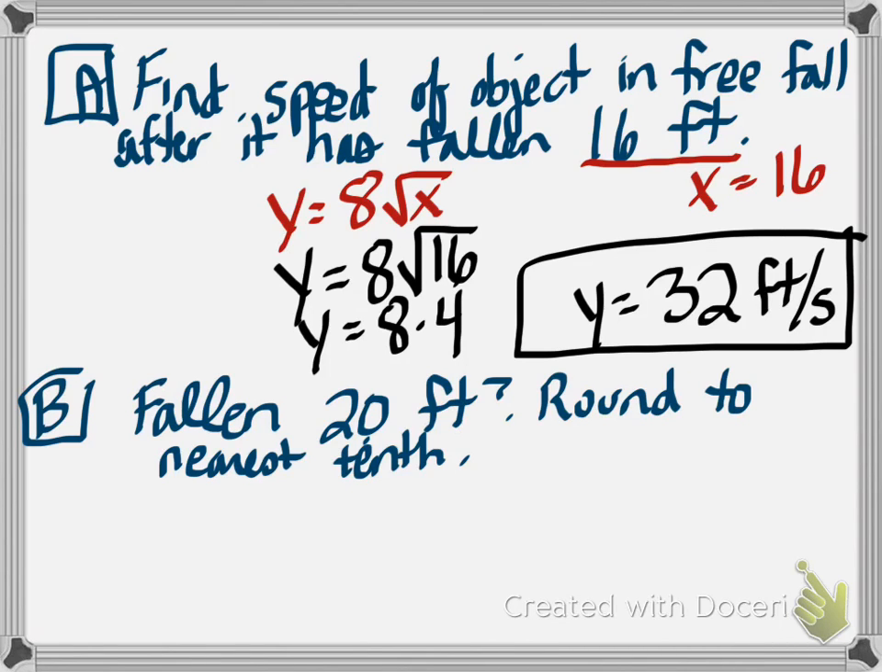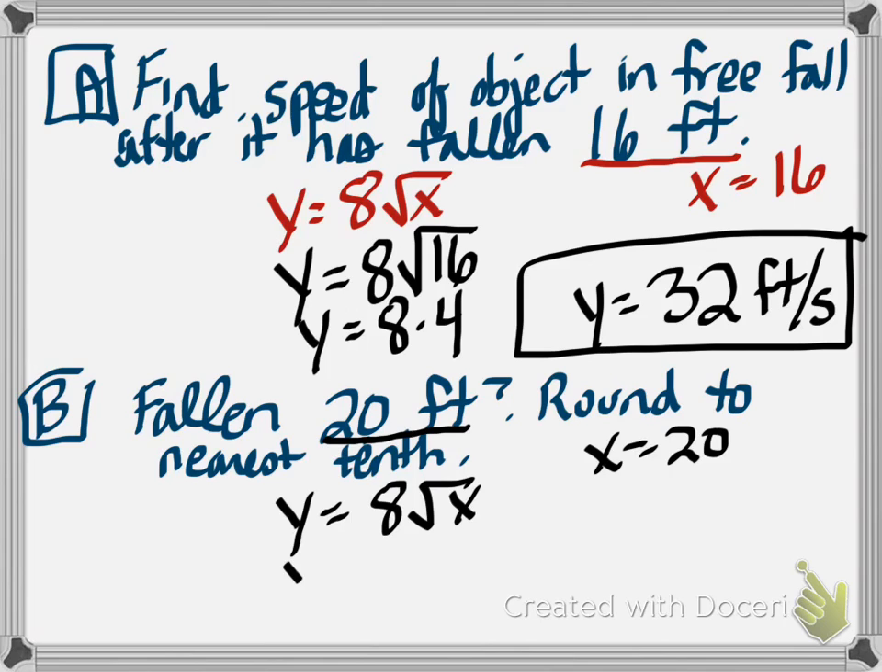In example B, now let's find the speed after it has fallen 20 feet. I'm going to use the same formula, y equals 8 square root of x, and my x this time is 20. Y equals 8 times the square root of 20. And the question says round to the nearest tenth. That's because the square root of 20 is not a perfect square. It wasn't like 16. So I'm going to use my calculator